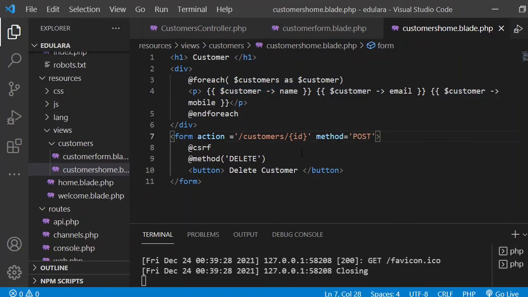So in this method I use $customer, then ID. Okay,